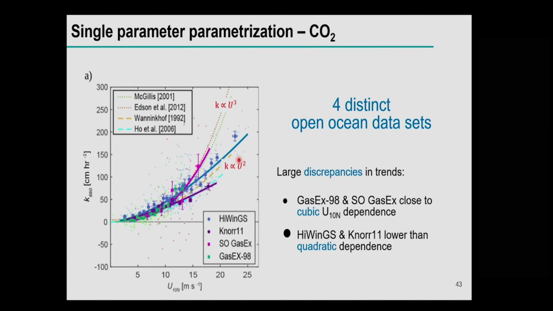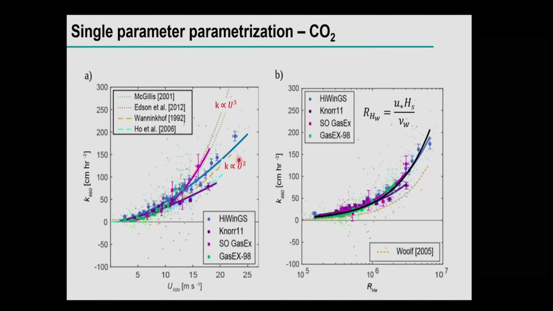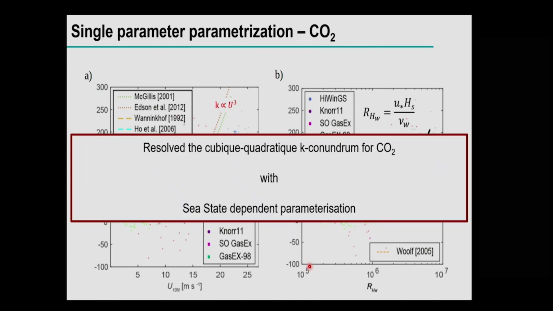relationship with wind. So what I quite simply did is express the gas transfer velocity in terms of a Reynolds number that combines something about the winds and something about the waves. So here's significant wave height. And to my surprise, they all collapsed nicely on a simple curve. So with that, just adding significant wave height, we managed to have a better expression for the gas transfer velocity for CO2, and this is something that should be interesting for the climate community that still uses just a quadratic